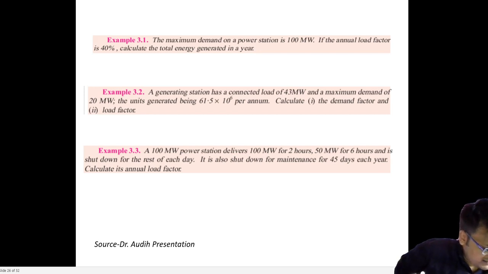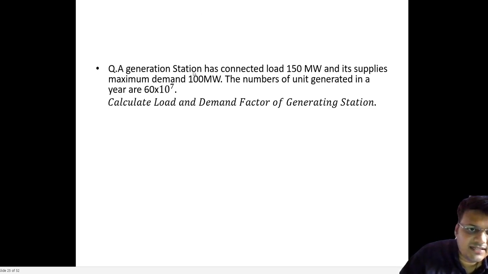Load factor will come greater than one. If you convert into the divided value, it will not. If you have put in some other value, you have to put the megawatt value everywhere. It will not come greater than one because you have done some wrong value. This value is given in 100 megawatt and this value is given simply as 16 into 10 to the power 8 units generated. It should be mentioned whether it is converted into megawatt or kilowatt.